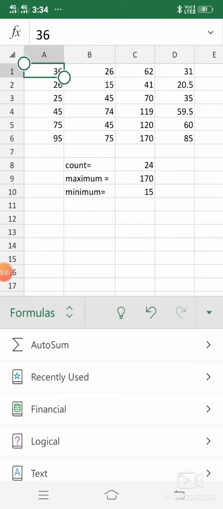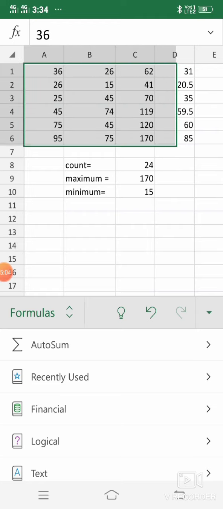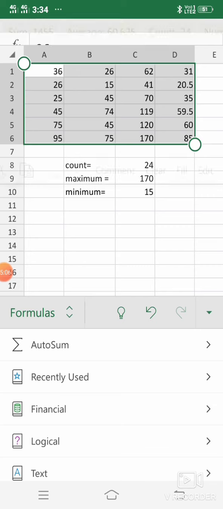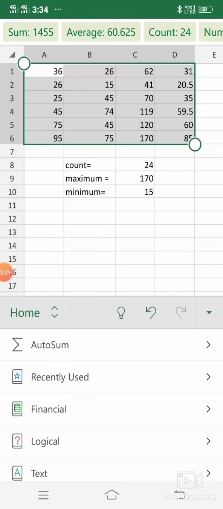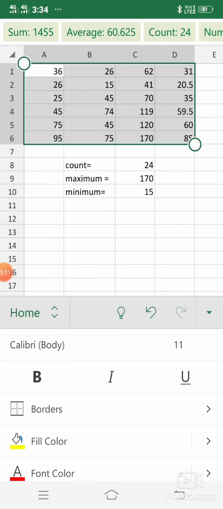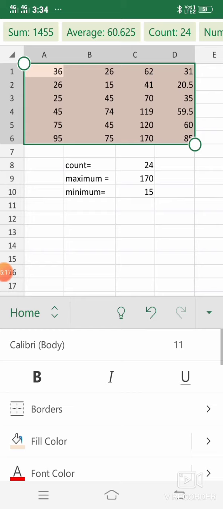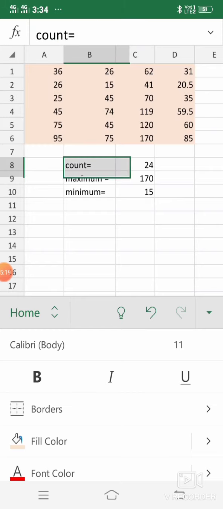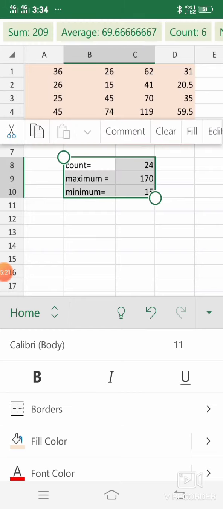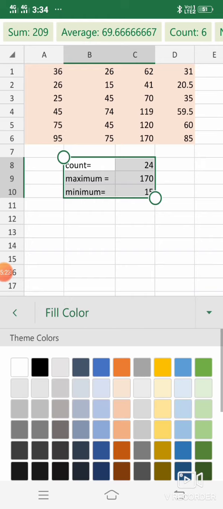Now I will do a little formatting. I'll go to Home. I will color these cells. Now I will color these also. I'll use a different color for this.